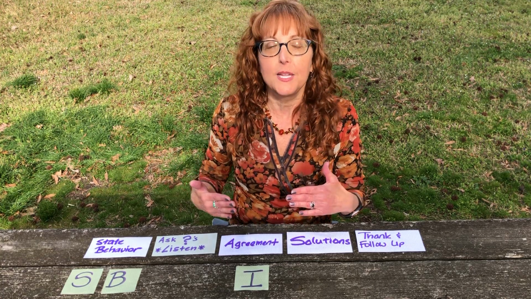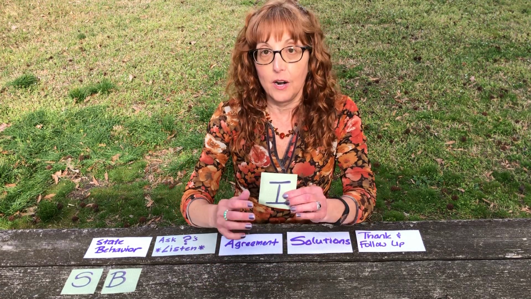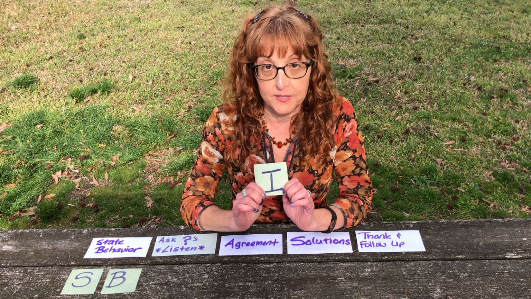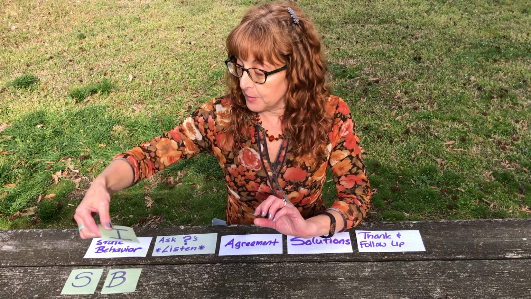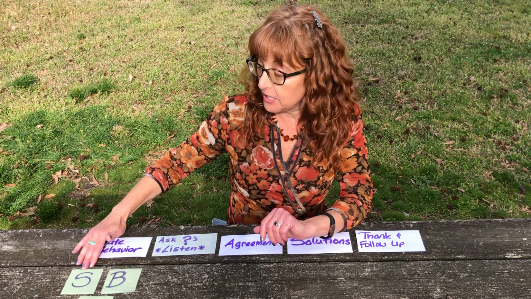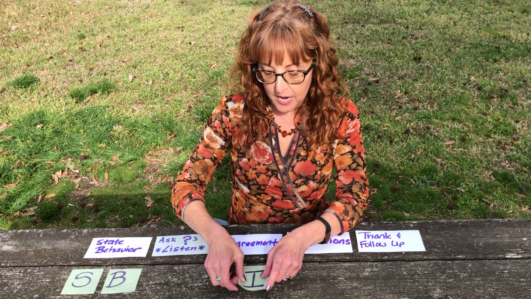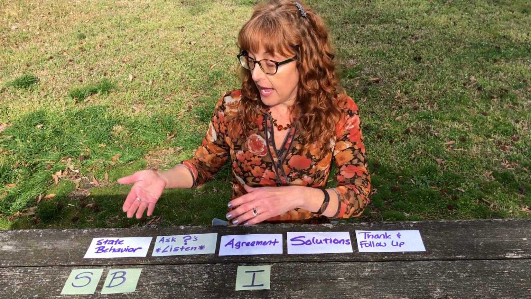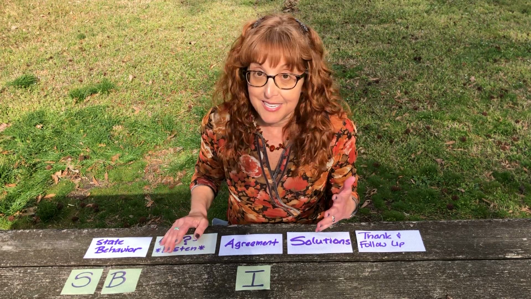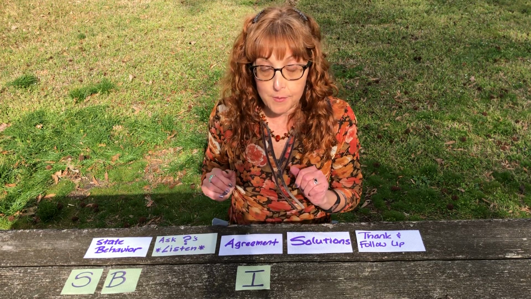That's where we let them see that there's an issue. We're getting agreement that this is a concern. And that is where impact shows up. So impact is why it matters that this is going on. So some people like to put that right in the very beginning and say, you know, last 3 times that we've had projects due, you've been late and it's costing us money. I like waiting, because if you've got a conscientious person, when you say, so what's going on with you? They might say, look, I know it's been costing us money and this is what I've been dealing with. Great, then you've already got your agreement, okay?